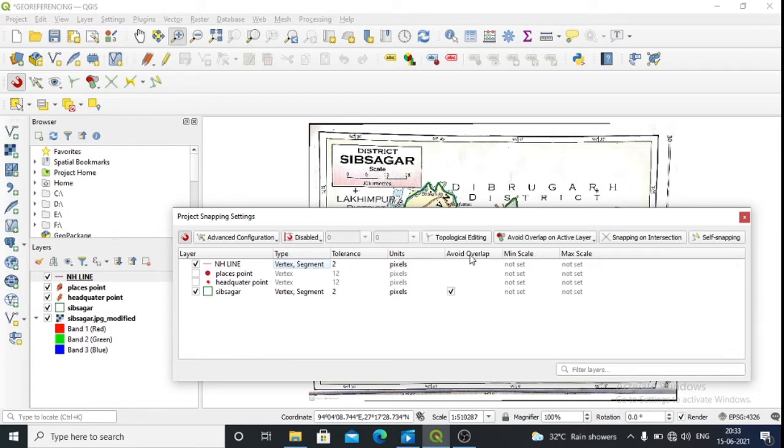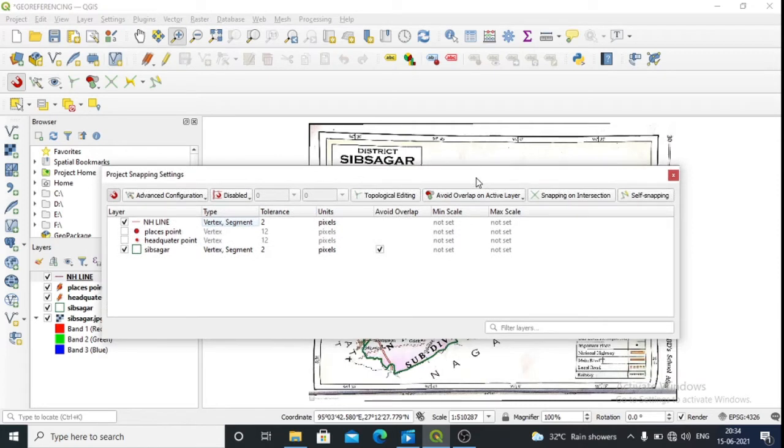Then this one, you click avoid overlap on active layer. Done. Other places these all are okay. Then these are also you make it as segment vertex.